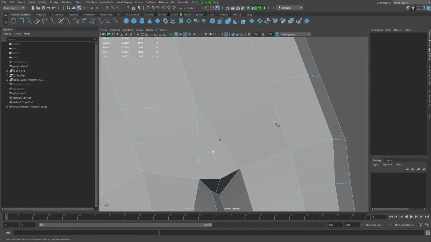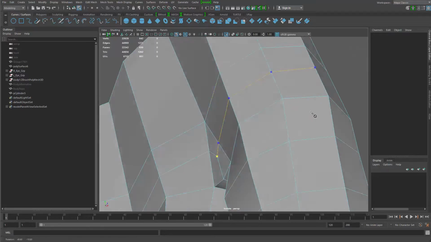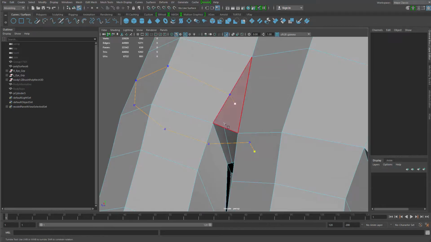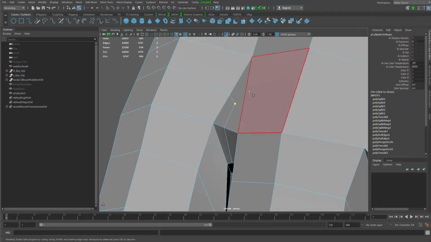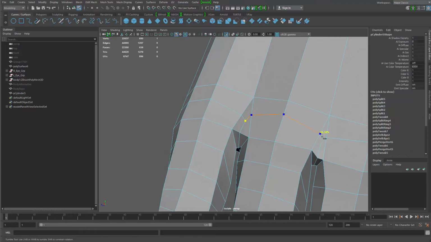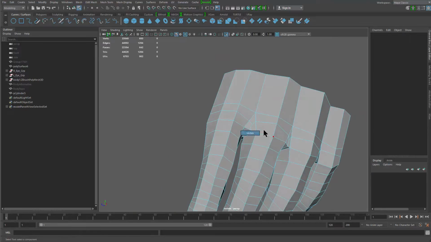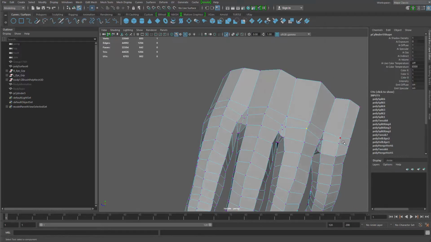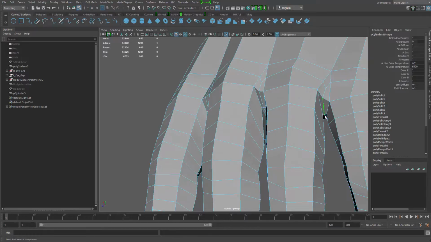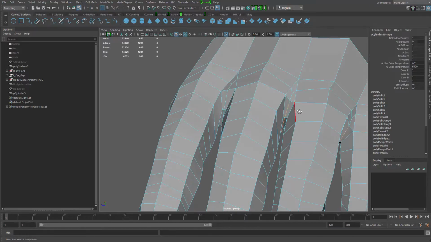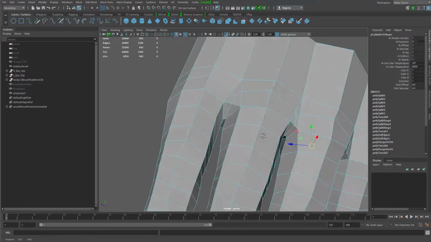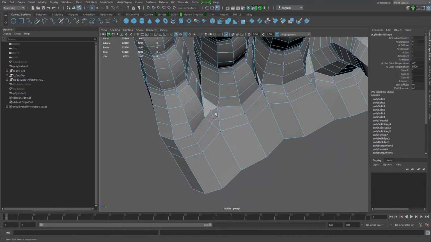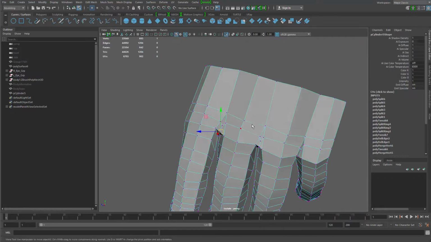So that's the basic topology people use to do the fingers. So that way they have one loop here to bend the finger, and also they have one more loop in the middle to help create the gap between fingers. Okay. Anyway,